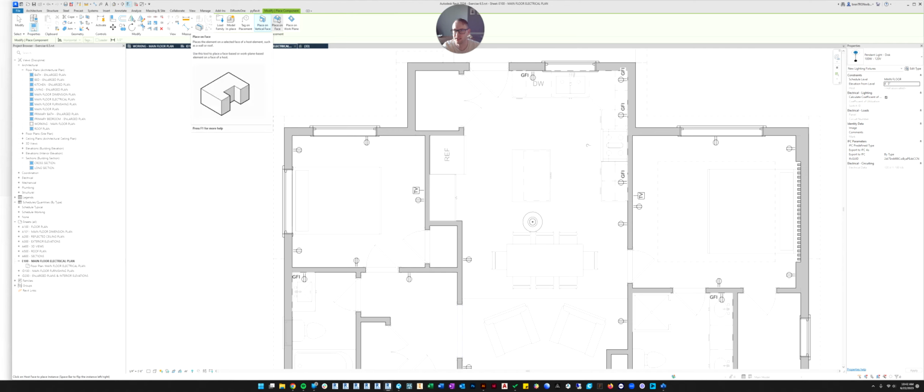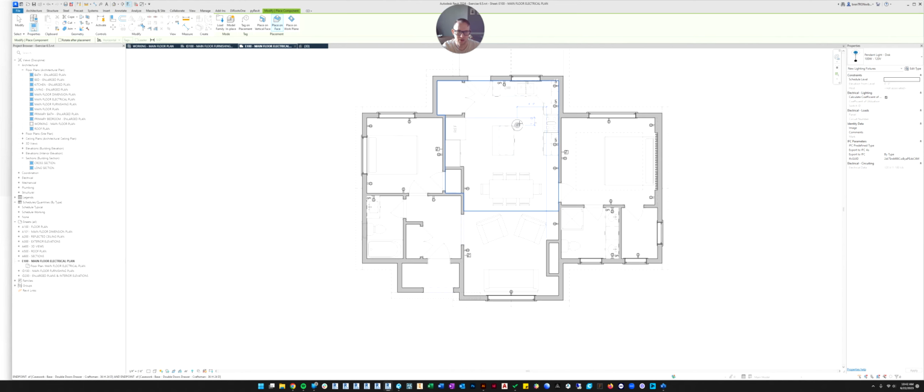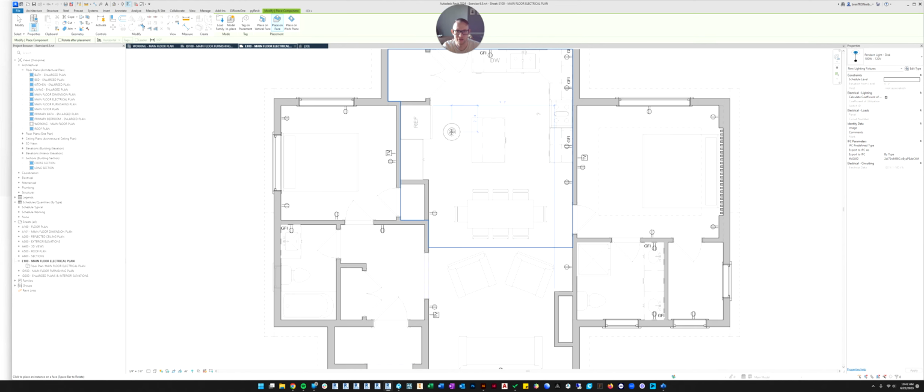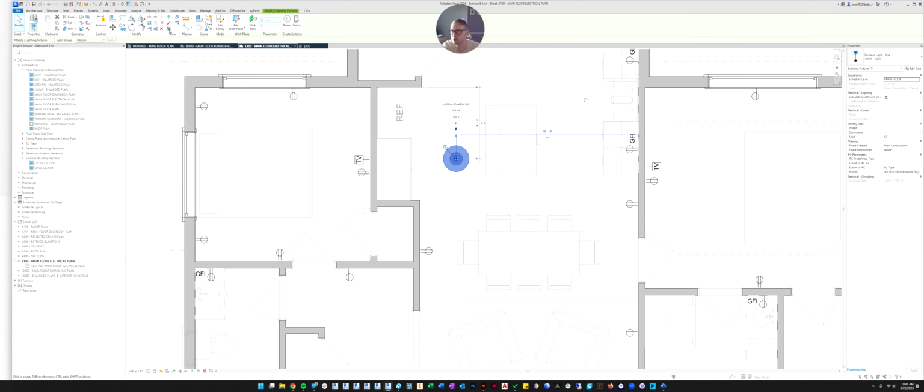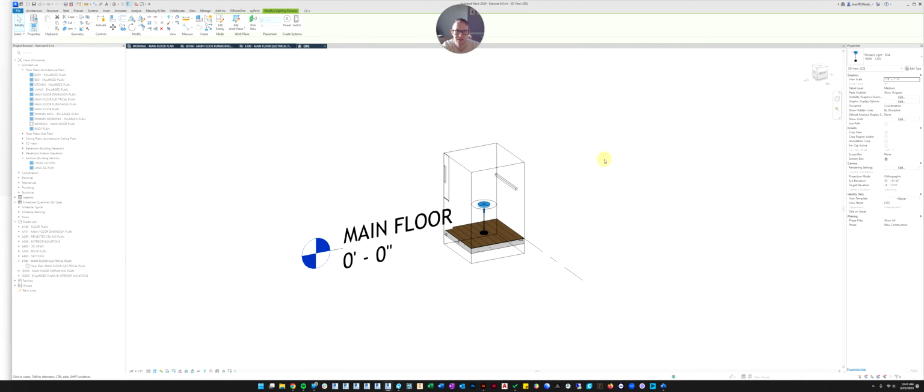We want to place it, see how it says place on face? That's what we want. So right now, I think it's going to place it on the floor, so it's going to be upside down. So let's just click and I'll show you what that did. Let's click on it and go to a 3D view by clicking up here on the section box command. Do you see how it stuck it to the floor?